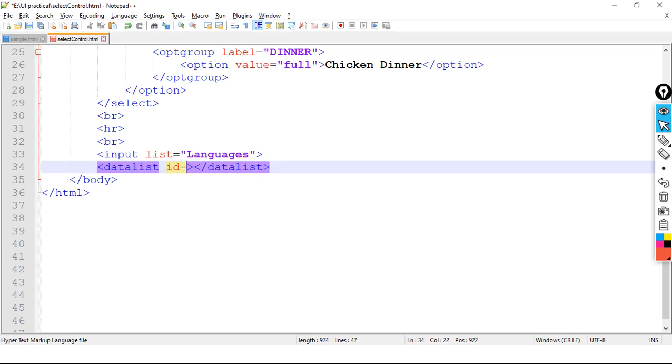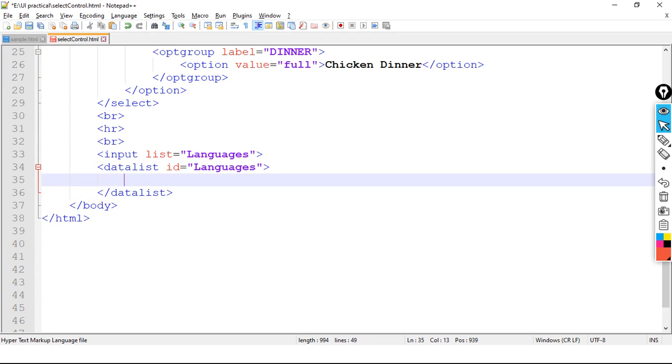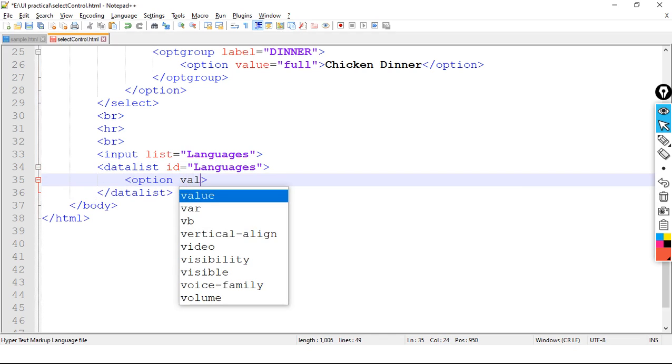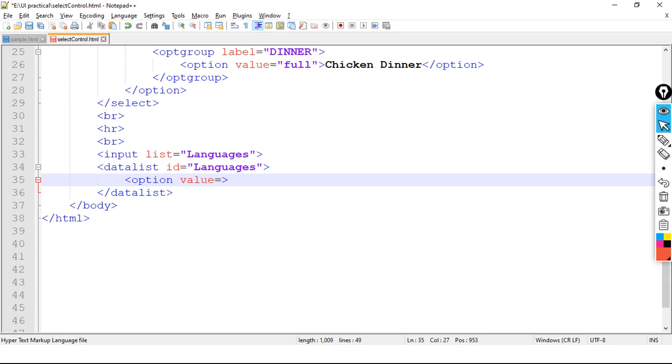Id is equals to languages. Okay, now in opening and closing datalist I will take option value is equals to English,